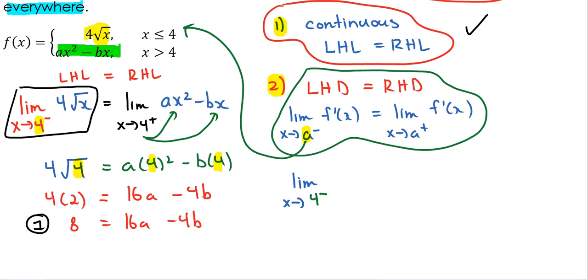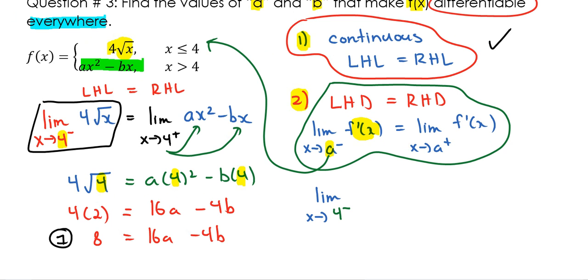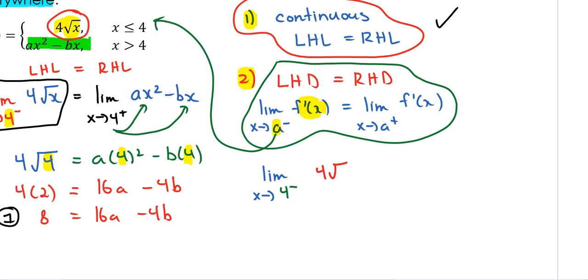Now let's evaluate this f prime of x here. So if I'm approaching 4 from the left hand side, I'm dealing with 4 root x. So if I have 4 root x, this is the same thing as 4x to the power 1/2, and if I take its derivative, then it's going to be 4 times 1/2 x to the power negative 1/2, which is going to be, well, this right here is going to be 2, so this would be 2 divided by the square root of x. Okay, so I'm just going to delete all this now and put this in here now. This will be 2 divided by the square root of x,